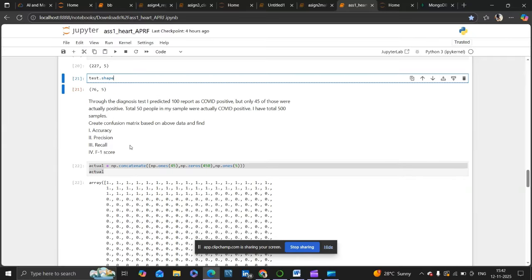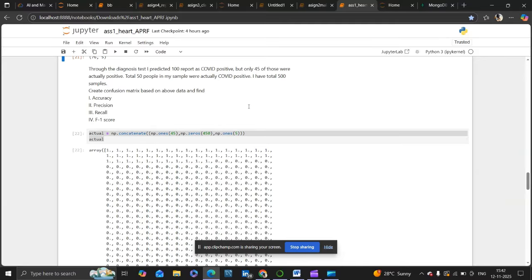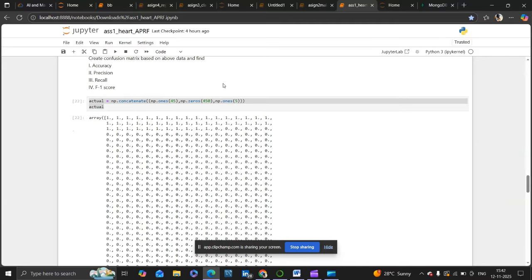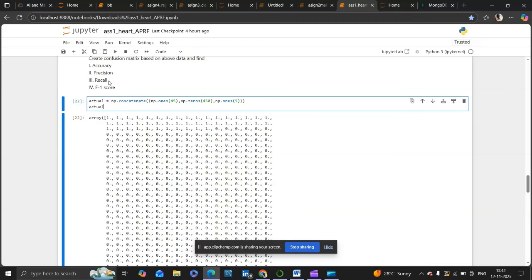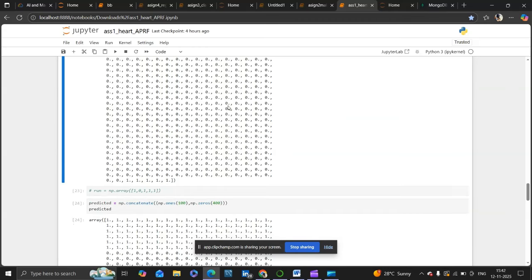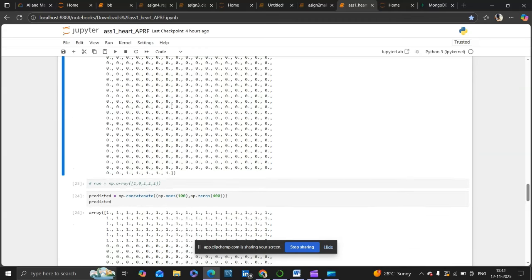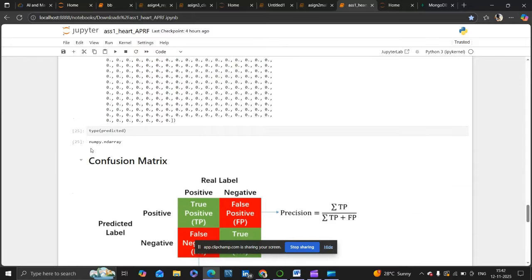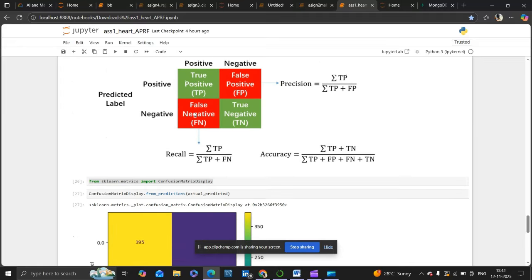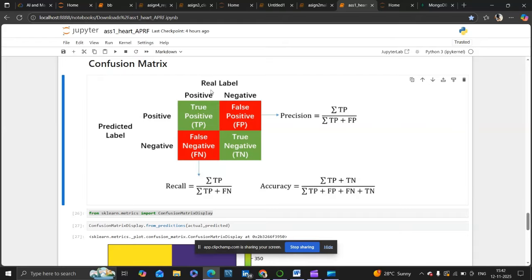For the second problem, that is 100 reports of COVID positive using a confusion matrix, we have to find all these four items. For that, this is the actual data picked up from the database, and this is the predicted data. To visualize, this is a normal confusion matrix, just an image put over here, it is unnecessary, we can delete it from here.